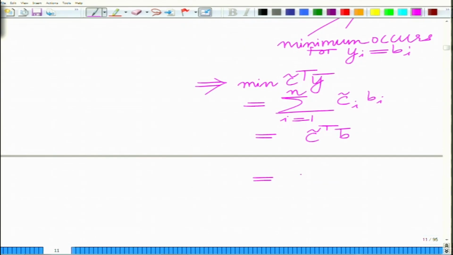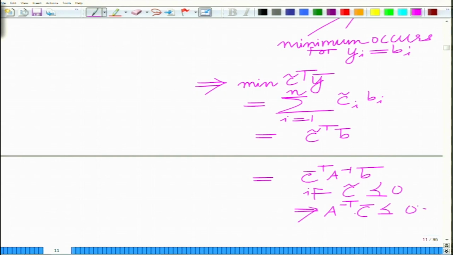C tilde transpose is C bar transpose A inverse b bar, but this is only if each C tilde i is component wise less than or equal to 0, which implies C tilde equals A inverse transpose C bar is component wise less than or equal to 0, and otherwise